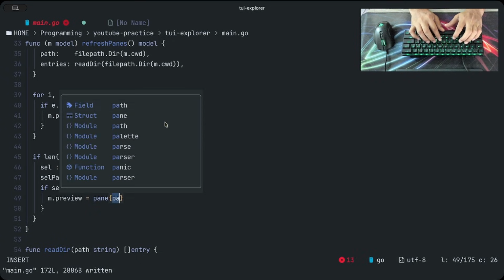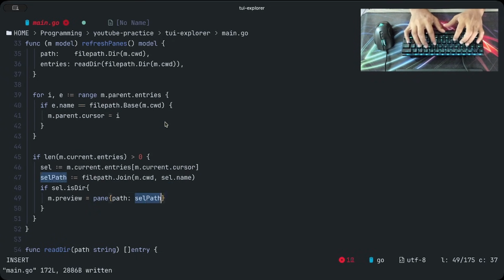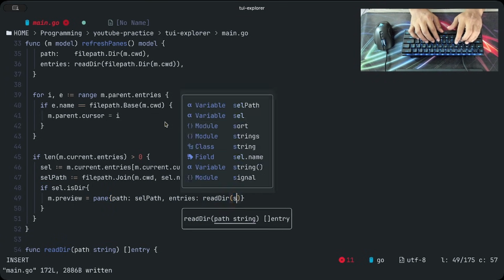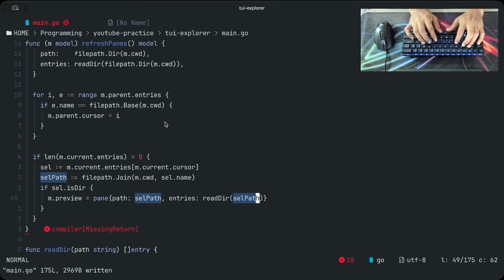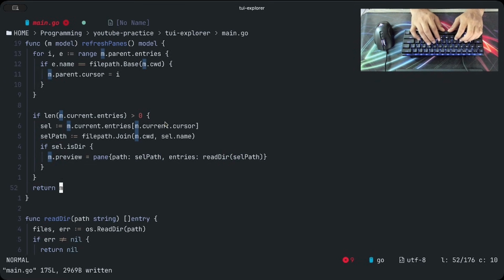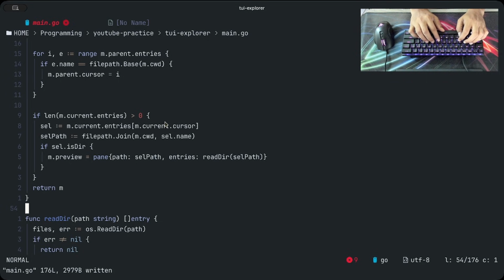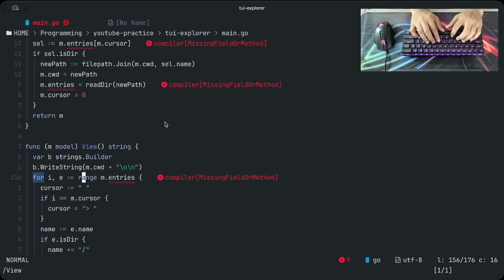And we also should list out the items inside the current directory to preview so that it looks seamless. Like we are scrolling through different folders and the items are shown in the preview in a dynamic way. Okay. And we have to fix the entries. And I think this will go away once we